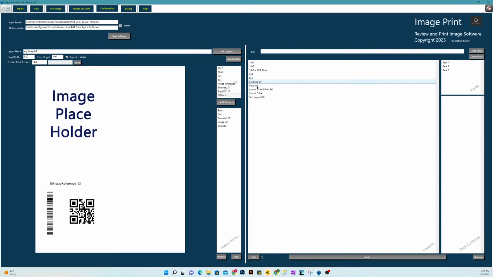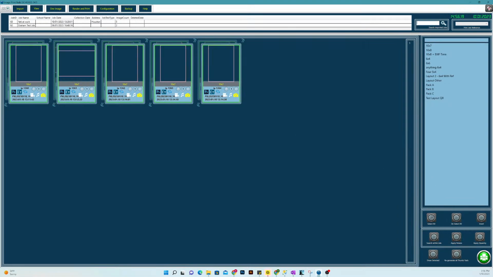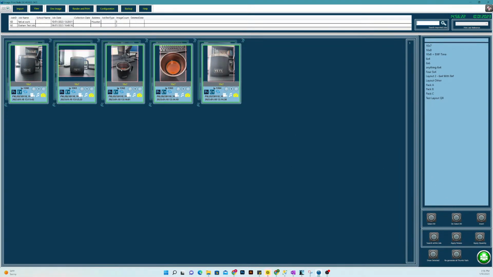layout. I can simply come back over here to View. I'll select all. I have everything selected already. And as you can see, the layout that we just made is showing up here. I'll click it. It changed the dimensions and it'll apply the information that I selected on it once we render it. So assuming now that I'm happy with my